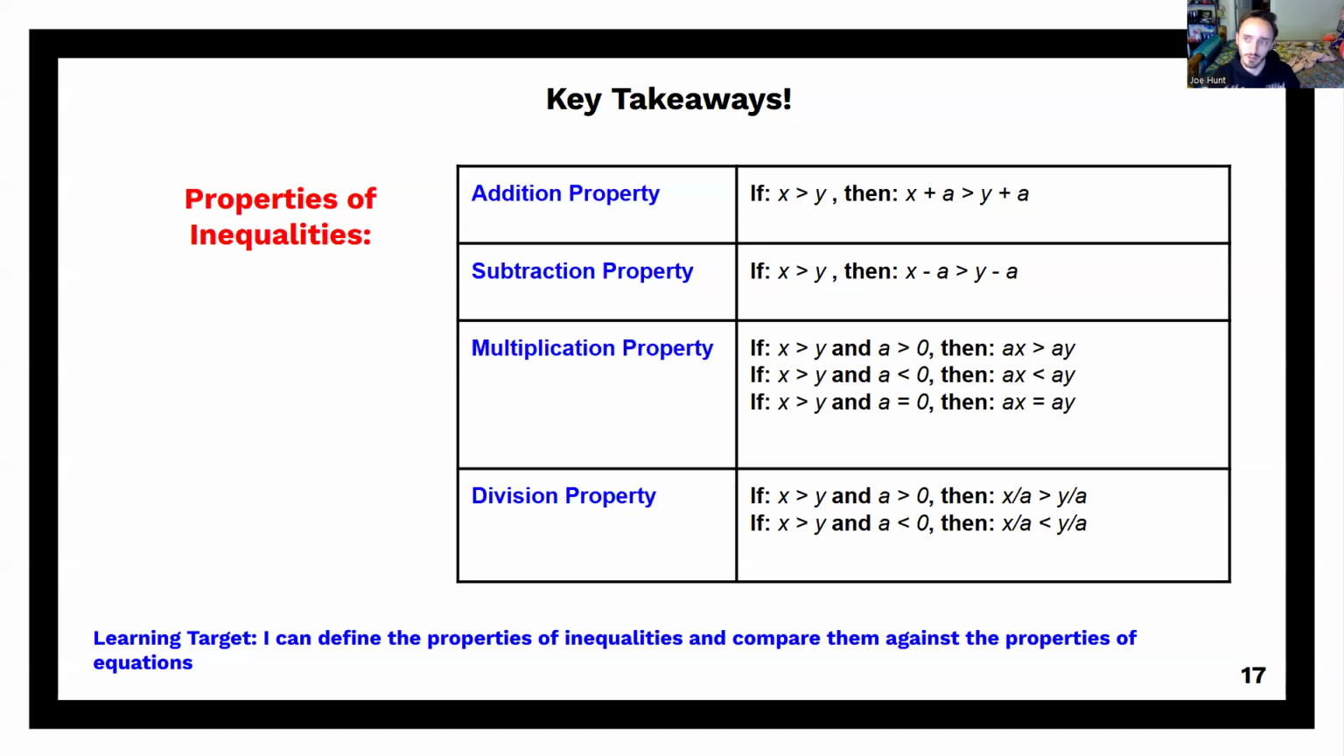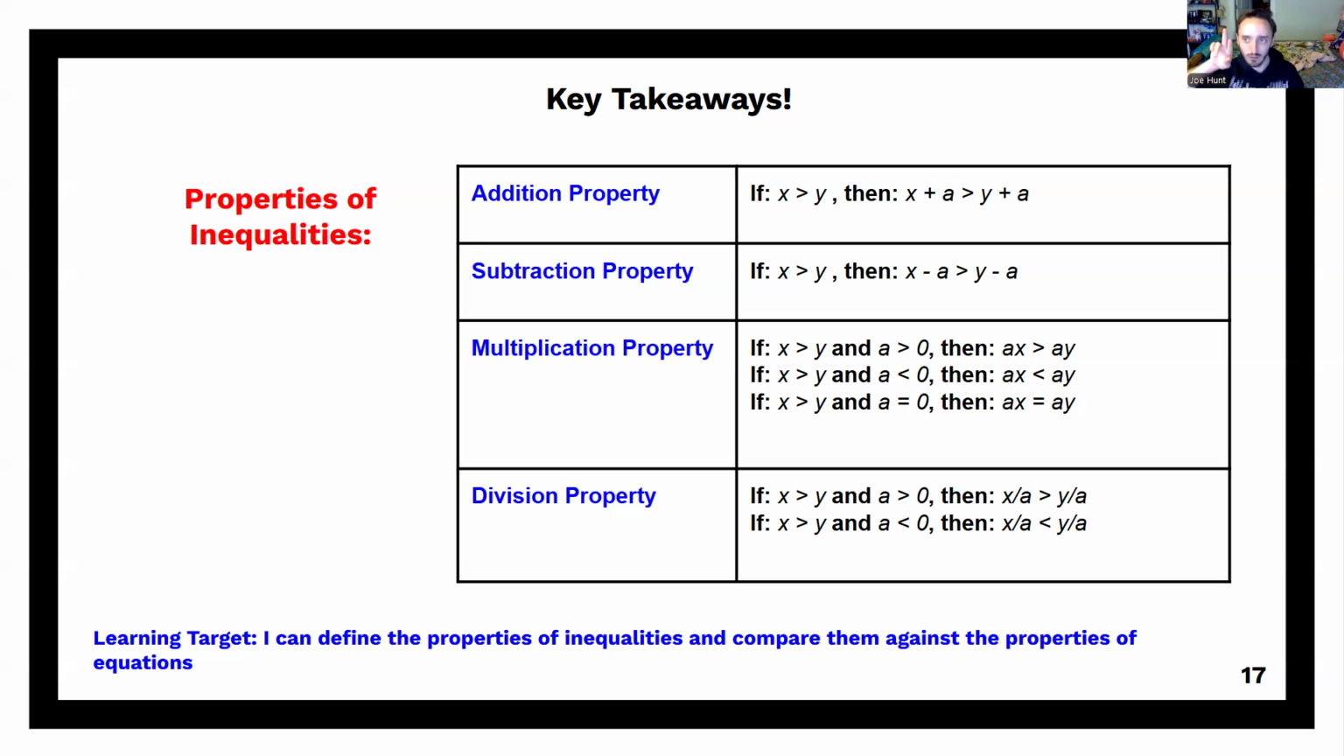The multiplication and division property is a little more complicated. In the multiplication and division property, if you start with that initial setup that x is greater than y, and you multiply or divide both sides by a, so long as it's a positive number, you still have the same original truth value. So you don't need to flip the inequality. But it's different if a turns out to be a negative number. If you multiply or divide both sides of the inequality to maintain the balance, which is good, by a negative number,